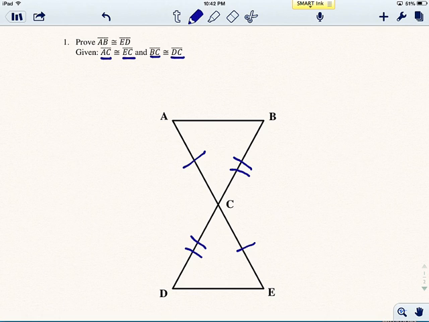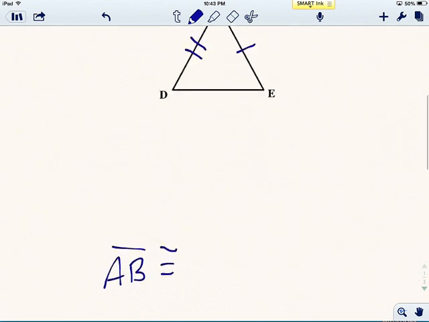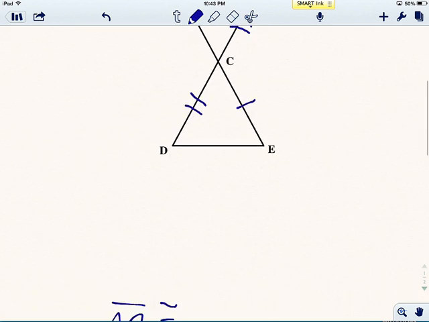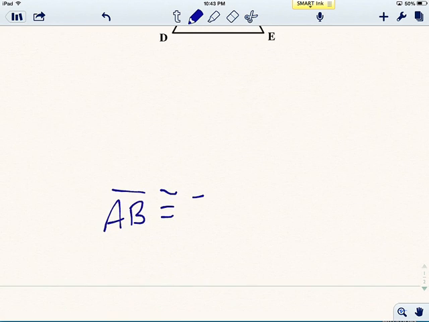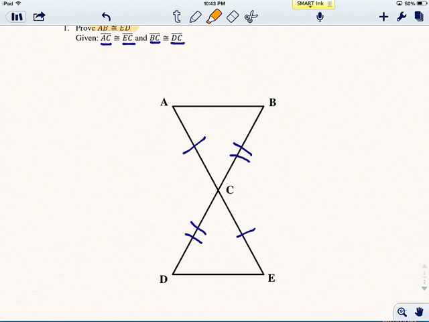So now let's take a look at this. Step 2, we always want to come up with our roadmap. What's our final step? It wants us to prove that AB is congruent to ED. Let's go ahead and write that down here. Let's write that we want AB to be congruent to, let's see, it said ED. Okay, so let's write that down here, ED. Now, if we look back up here at our triangle, that's going to be this segment here and then this